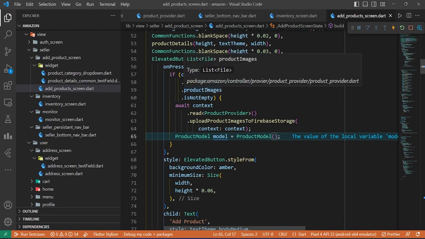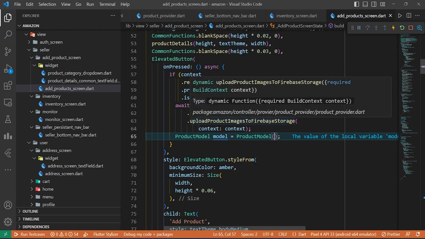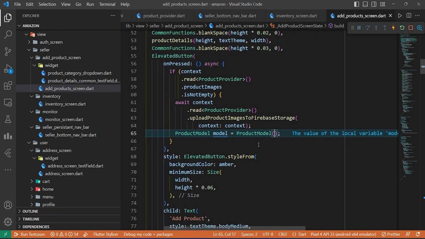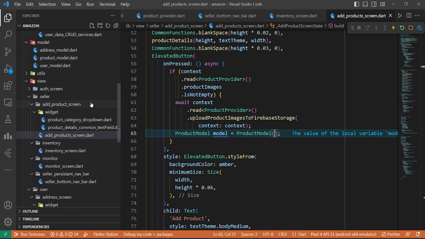in product images or not. If it's not there, it won't execute this code. And if it's there, then it will execute that upload product images to Firebase. And after it's done, it will go with these parameters. Okay. So the first parameter here, let me go to the model here,